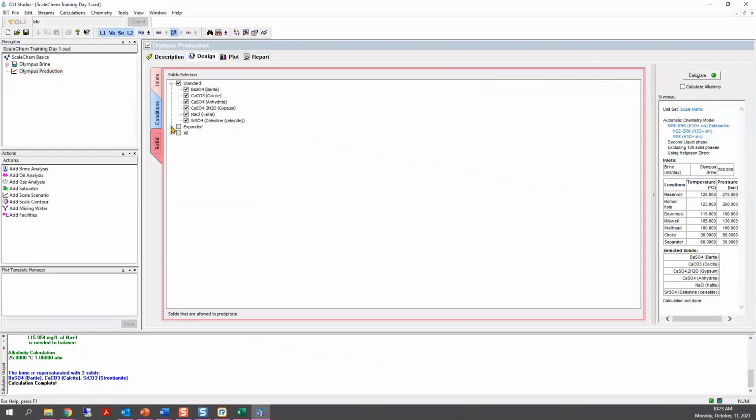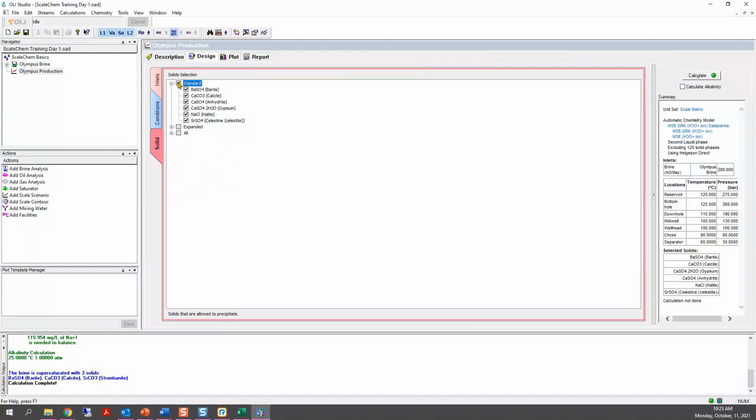Then there is another option here, called the expanded solids. This expanded list is for when you may have unique compositions. Let's say you're doing completion fluids, so you will use calcium chloride, for example, or you're doing flooding applications, and maybe you are using magnesium hydroxide. Maybe you are doing steam flooding, and you know that you're increasing the temperature and you will be dissolving some quartz, so you will probably have the potential to form silica scale. So you can select it from here. That will be the expanded.